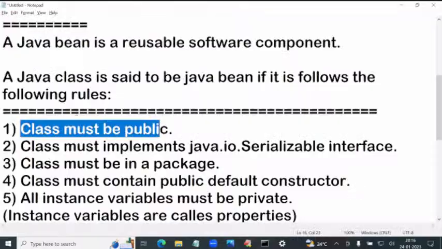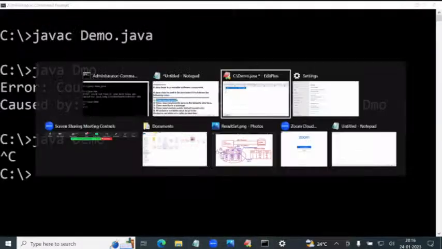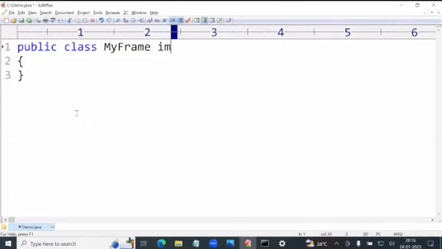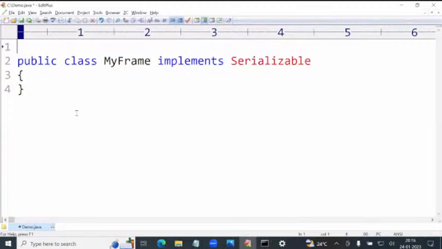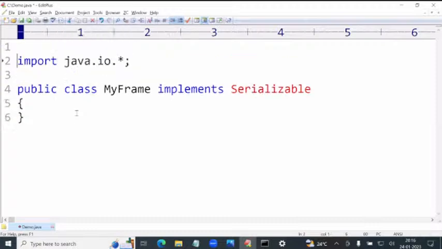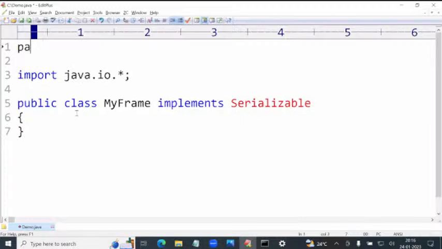Now, class must be public. Second rule, class must implement the java.io.Serializable interface. Implements Serializable. Okay. Now, for Serializable, here import java.io.*. The class must be in a package. Suppose package demo. Okay. After that, see, first rule, class must be public. Second rule, implement Serializable. Third rule, package. Fourth rule,